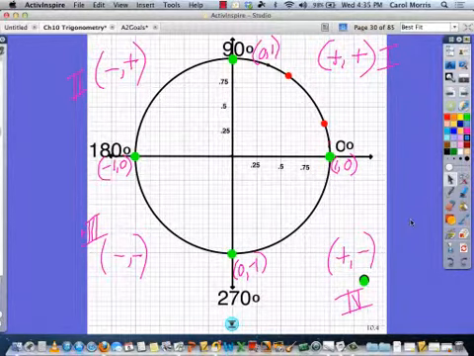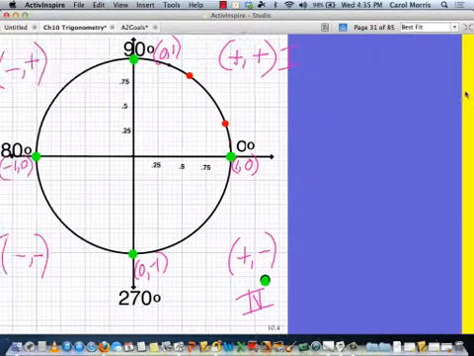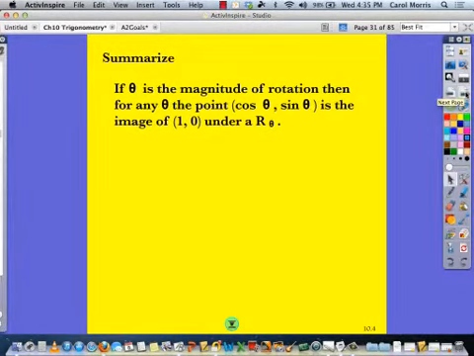0 is neutral. Okay, so keep that in mind as we move forward. All right. You should be able to, after our activity, find the sine and cosine. So let's double check. From the activity in class, we found that if theta is the magnitude of a rotation on the unit circle, then the cosine of theta, sine of theta, is nothing more than the point under a